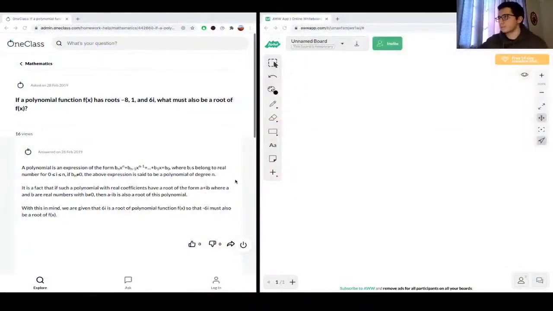So let's get started with the first question. We're asked if a polynomial function f at x has roots -8, 1, and 6i, what must also be a root of f at x? So the roots that we have are f at x is equal to